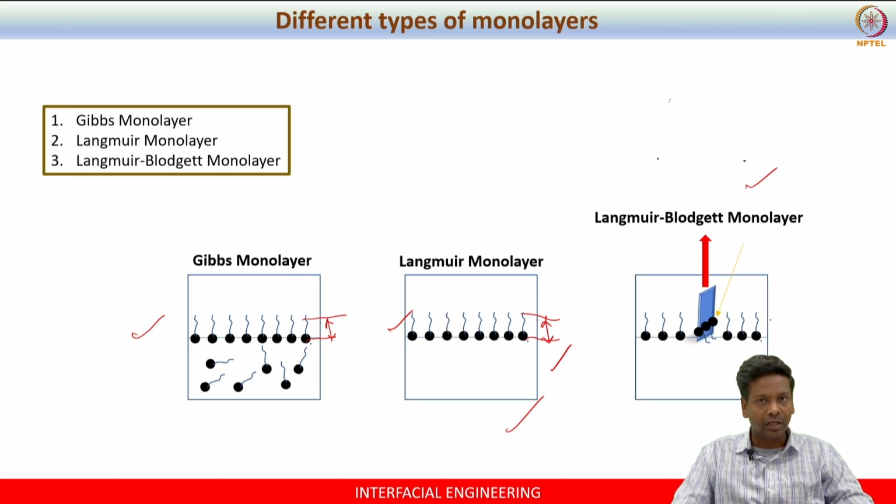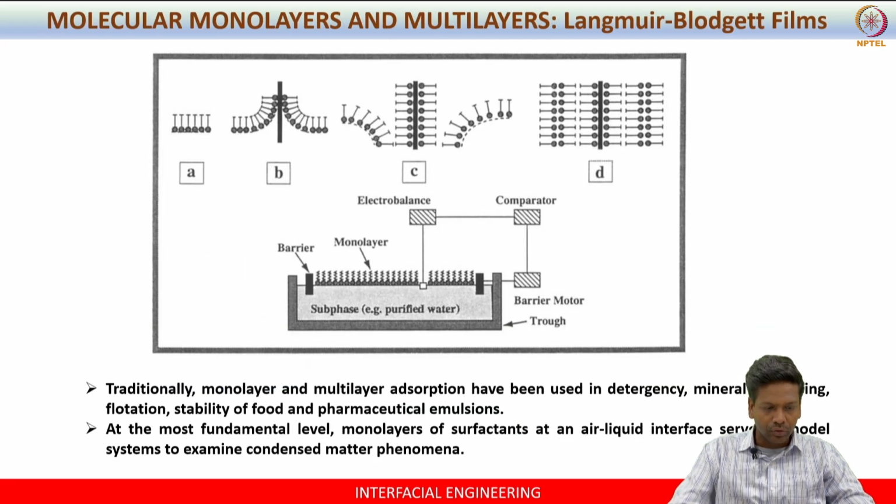So it can be a glass substrate, it can be a mica substrate. You want these molecules to stand at the solid surface so that you can use them for some applications like optical applications, electronic applications and things like that. So such a film is nothing but a Langmuir-Blodgett monolayer film, right? So we will look at the various components of the Langmuir trough first, then we'll understand what is Langmuir-Blodgett.